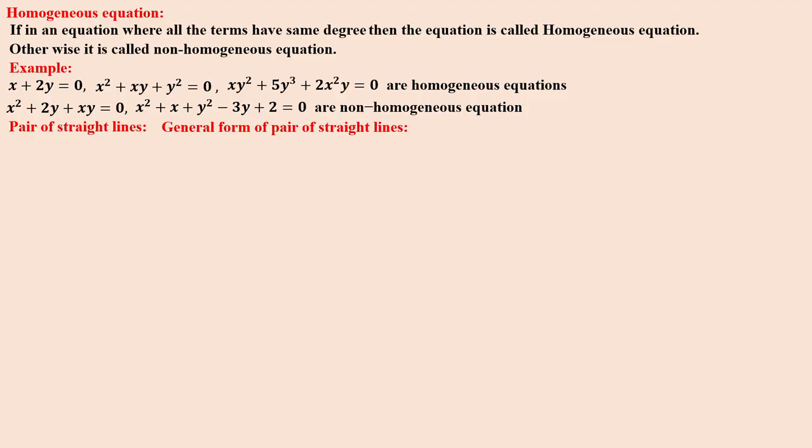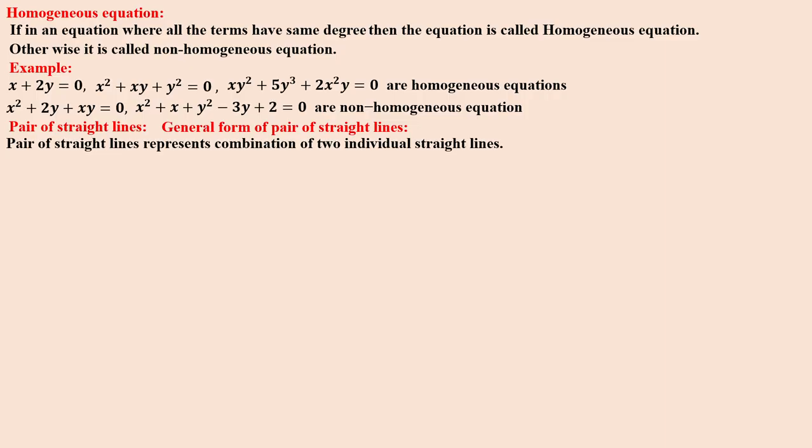General form of pair of straight lines. Pair of straight lines represents the combination of two individual straight lines, right? So multiplication of two individual straight lines will give a pair of straight lines, right? For example, 2x plus 3y plus 2 equal to 0, one straight line. Then you can take x minus y plus 3 equal to 0, another straight line, right? If you multiply these two, you will get the pair of straight lines, the combination of these two